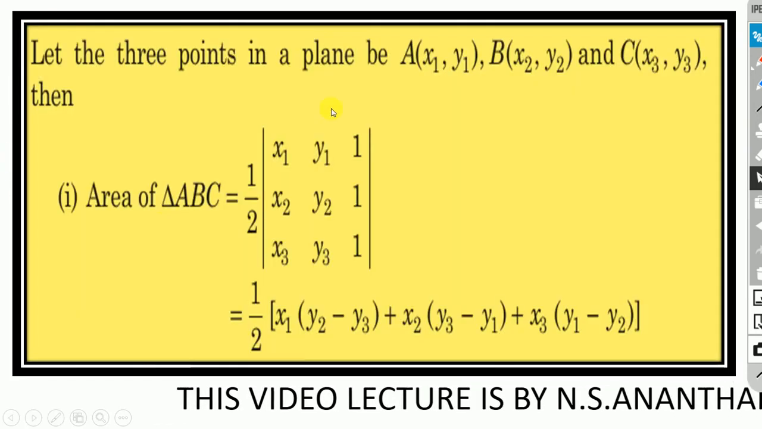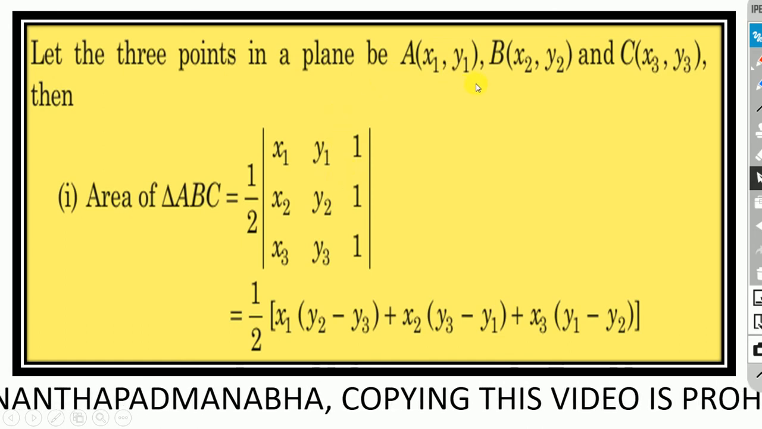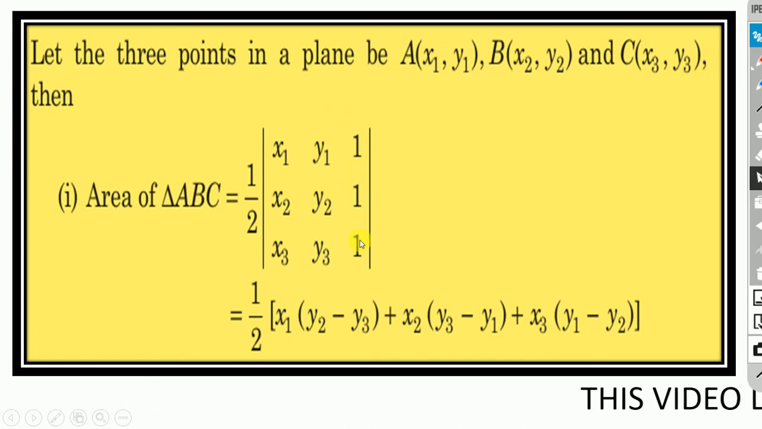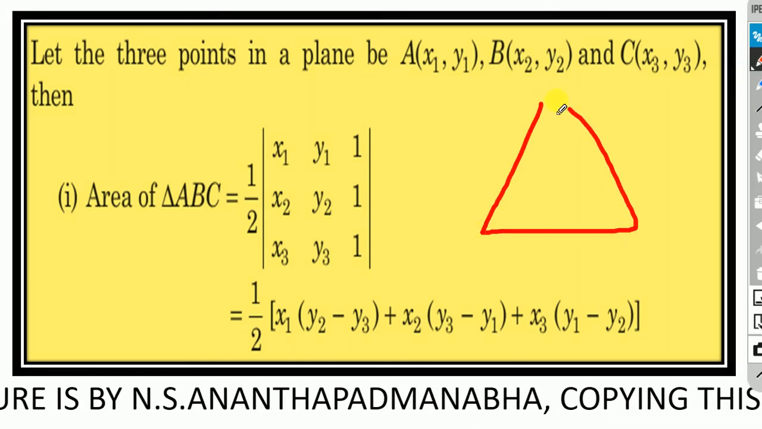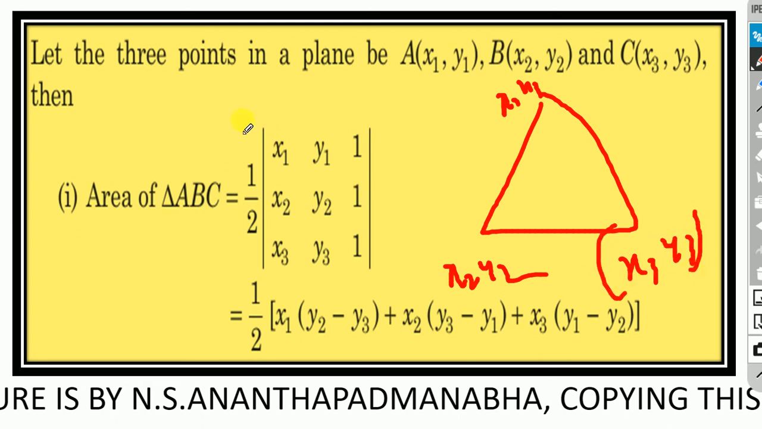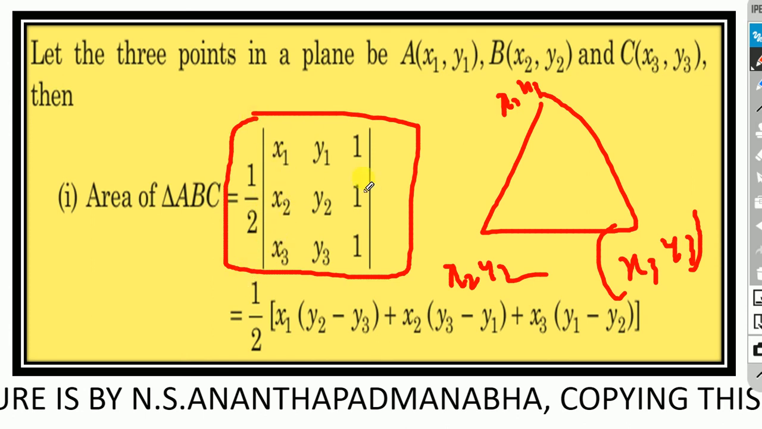Let the 3 points in a plane be A(x1, y1), B(x2, y2), and C(x3, y3). Then the area of the triangle ABC is given by 1 by 2 into the determinant of x1 y1 1, x2 y2 1, x3 y3 1. When you expand, you have x1 into y2 minus y3, minus y1, or I am expanding along